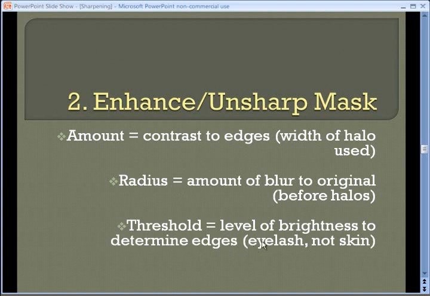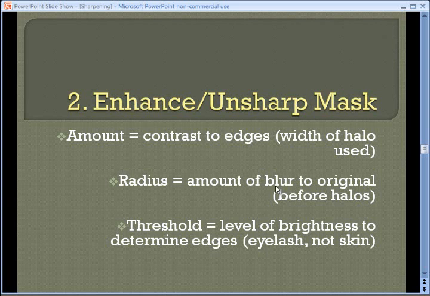This is great for getting the eyelashes and not the skin, because the one big problem I have with the Unsharp mask is that it gets the skin and sharpens it. I don't like my skin sharpened. I like it soft. So, if you go backwards, you determine the number of edges to utilize, and they determine that based on where the brightness changes,